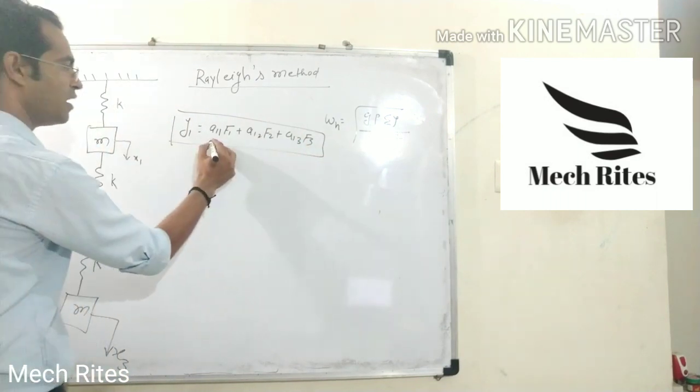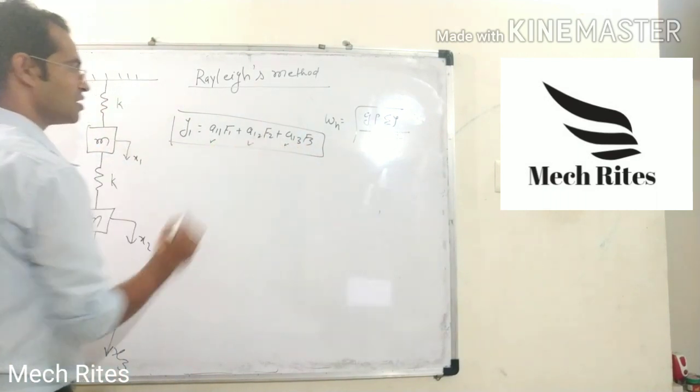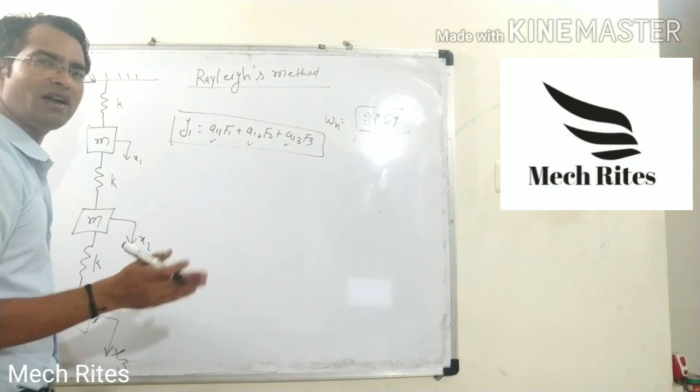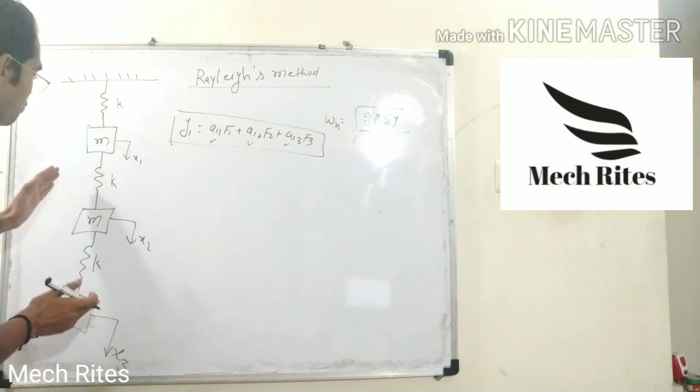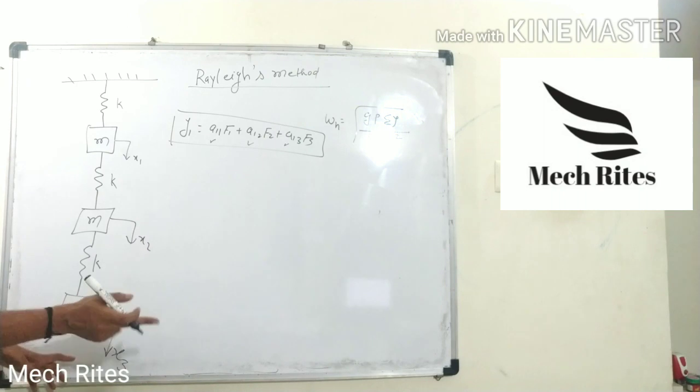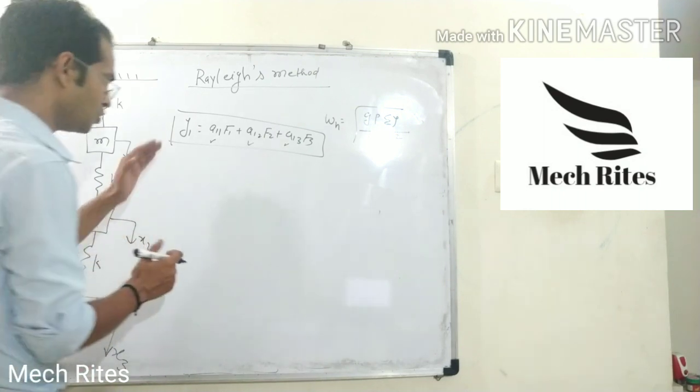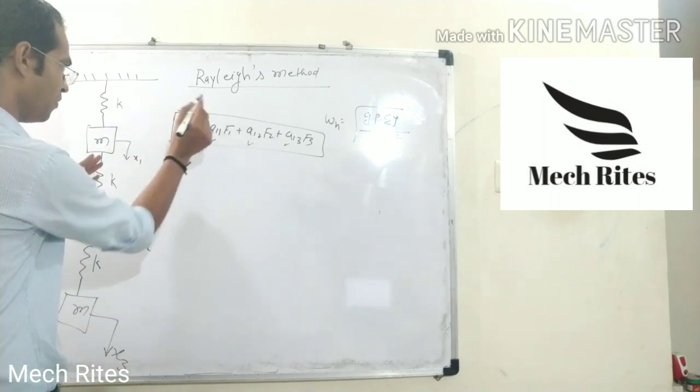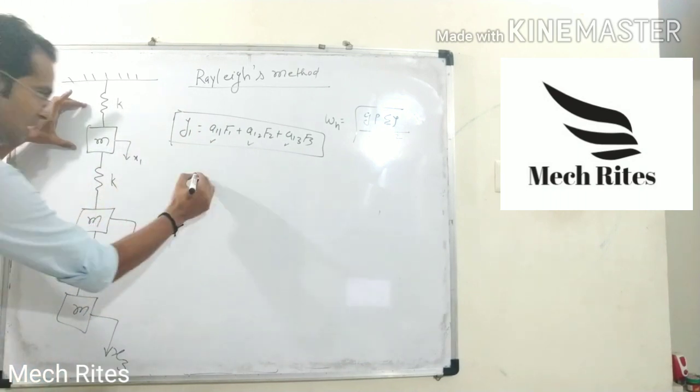So we have to find the influence factor for this system. How to find? I have already explained how to find the influence factor of such types of system in the previous question. You may watch the video if you have any problem. But right now I am going to solve it.